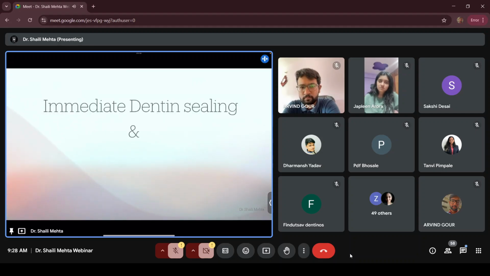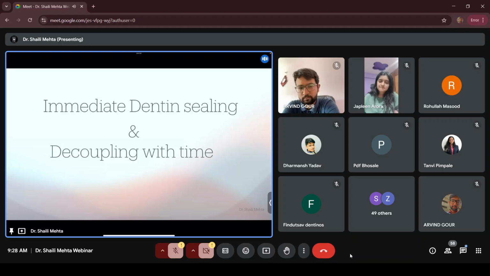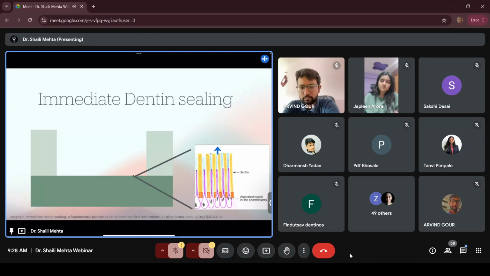So how do we make this happen? It is by immediate dentine sealing and decoupling with time. Now, as I said, whenever you take your burr and drill in a cavity, you are always leading to some damage to your dentinal tubules, which leads to outward flow of your dentinal fluids. Once the flow has started, we need something to stop this flow and seal the dentine properly before we can